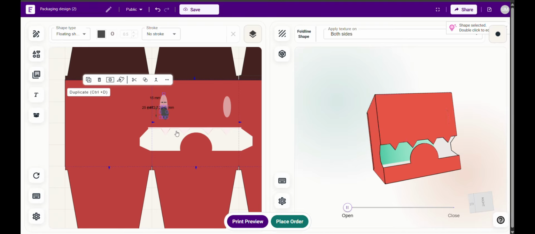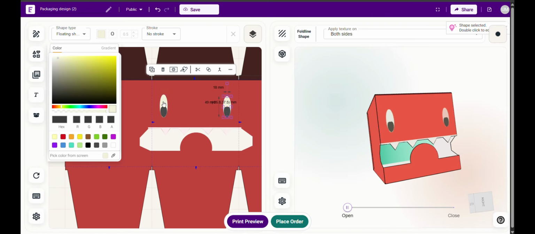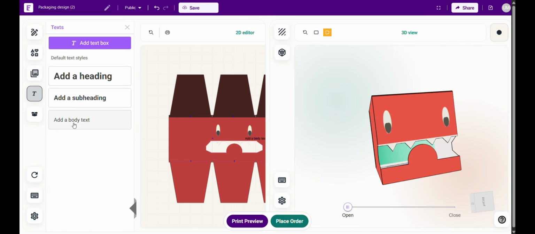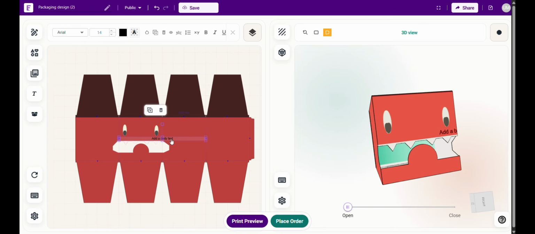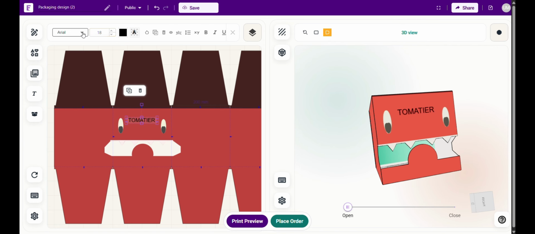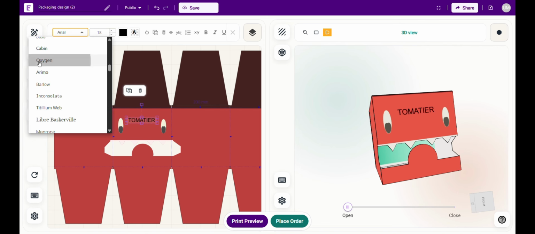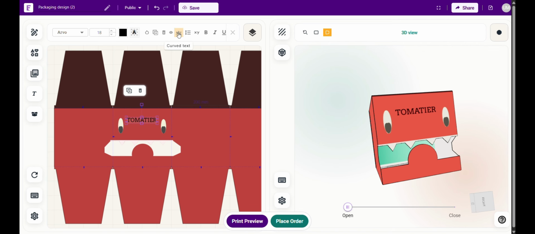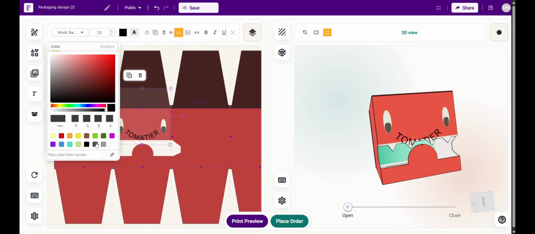Let me again use the illustration tools to create two attractive eyes for the Monster that I am trying to design through this tomato packaging box. Don't forget to explore the text options with 100+ most dynamically used fonts and various text editing and coloring features at your disposal. There is also an option to make the text circular with basic edits. Since in packaging design circular texts are quite commonly used, we have made this available for the designers in a